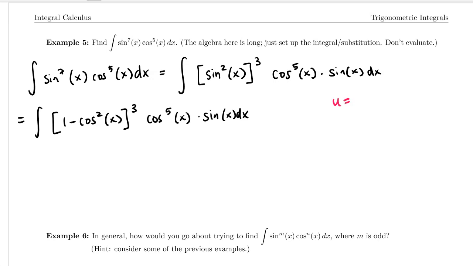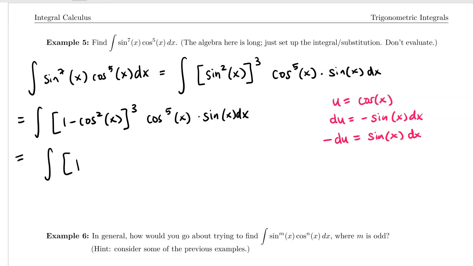So u is going to be cosine of x, and then du is equal to negative sine of x dx, and then if I multiply through by negative 1, I get that negative du is equal to sine of x dx. So back to our integral, I can start doing some substitution now. I have 1 minus u squared, quantity cubed, times u to the 5th power,